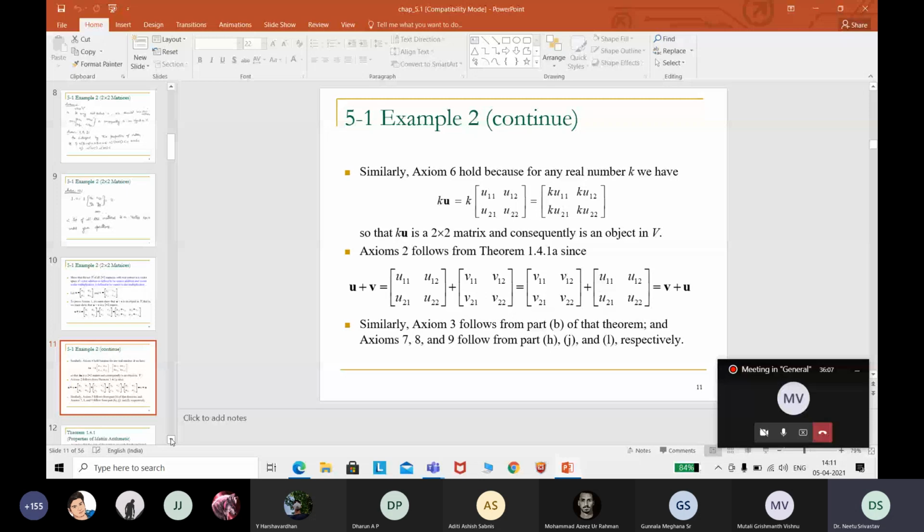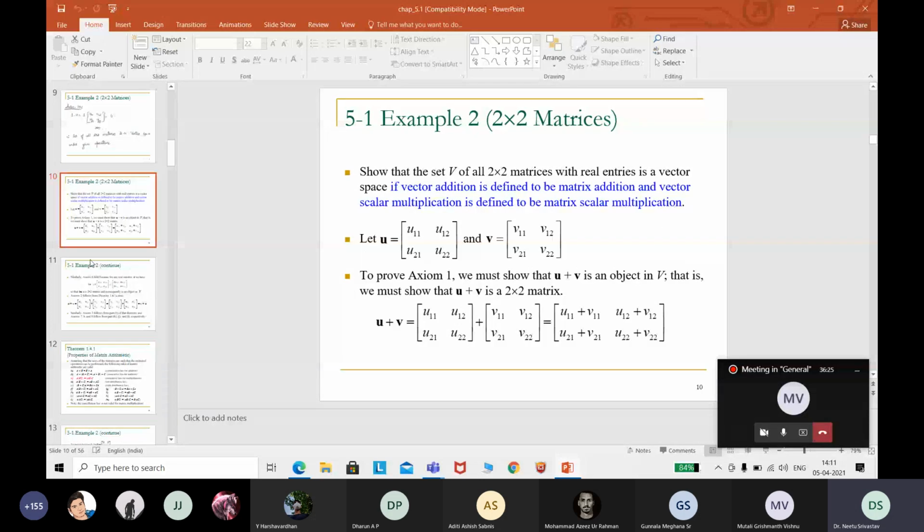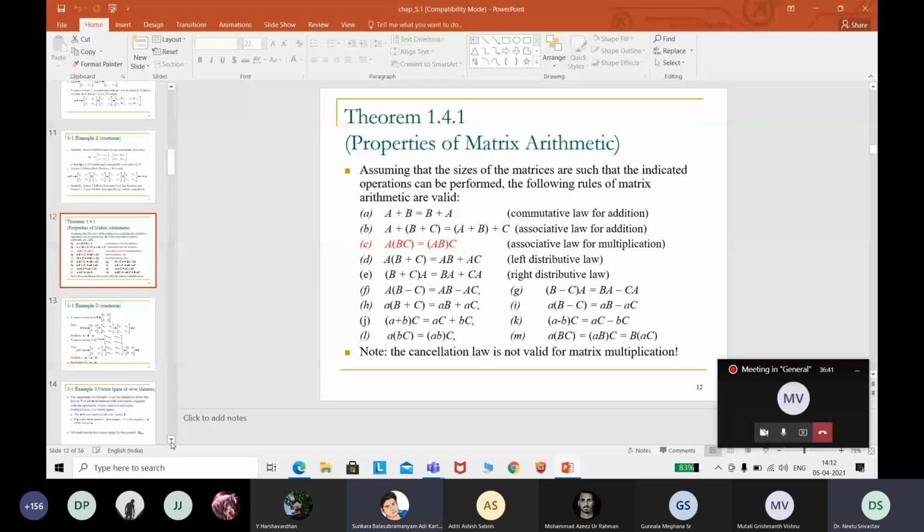I was finishing here. Okay, next is the same question but in terms of examples. This property, please, it's for matrices. So please save it. Okay, I'll share this slide with you people. Share PPT. Okay. Which slide are you showing now? I shared theorem 1.4.1. Can you see that? The 10th slide is visible. Now it is coming, ma'am. Yeah, it takes some time to load.